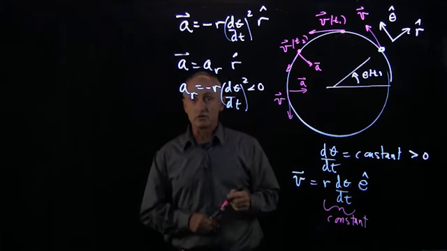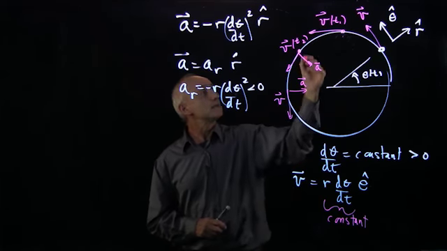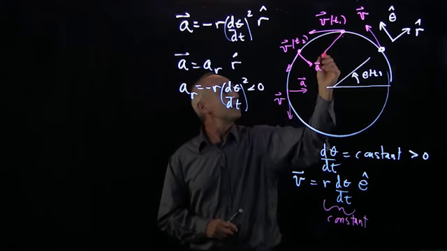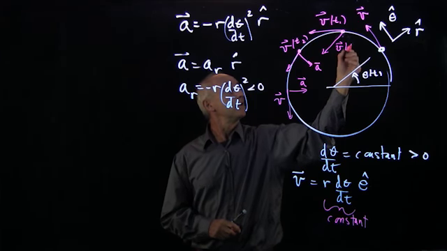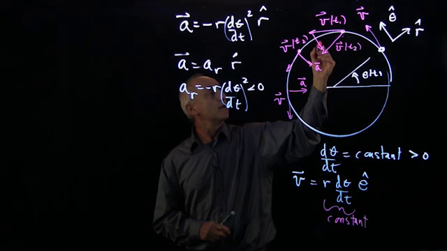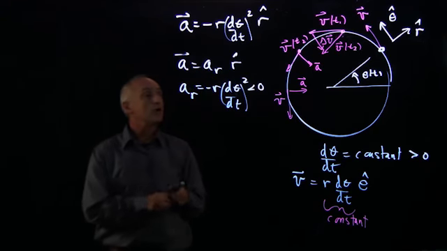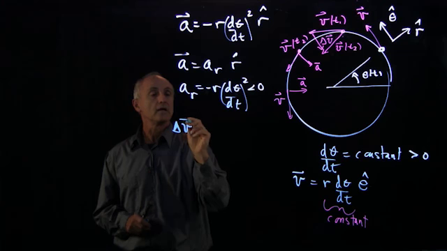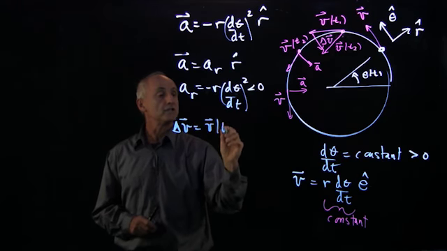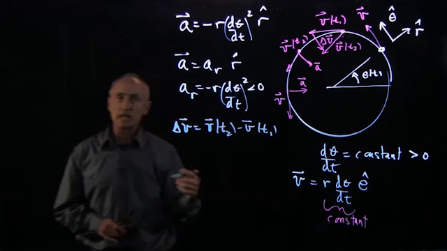So our velocity vectors are tangent. The length of these vectors are the same. And if we move them tail to tail, and take the difference, delta v, where delta v is equal to v of t2 minus v of t1,